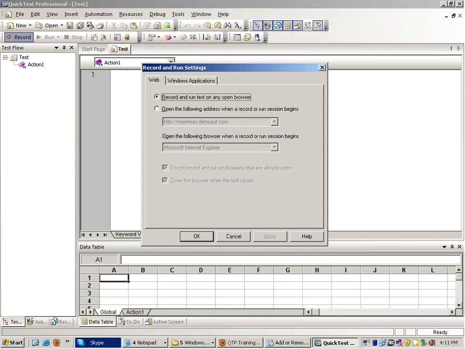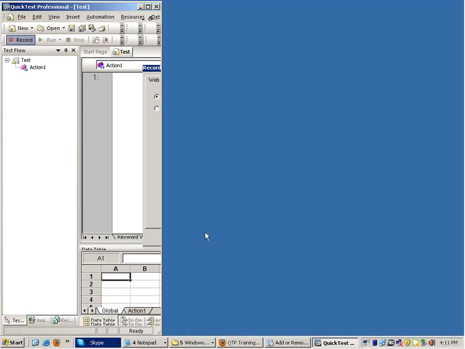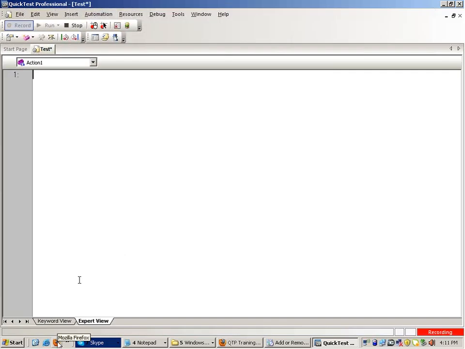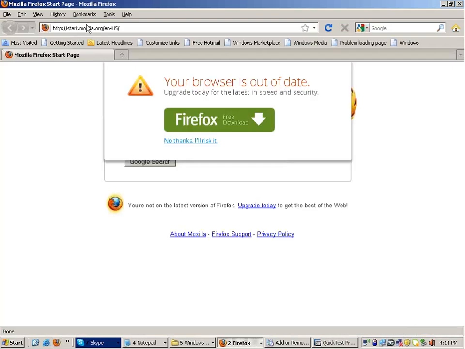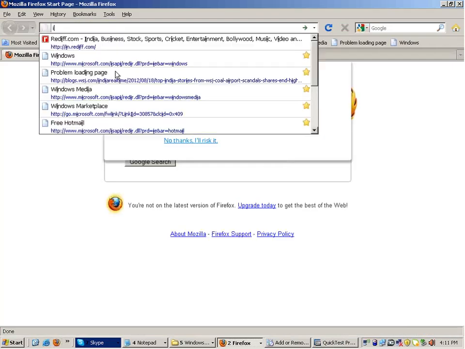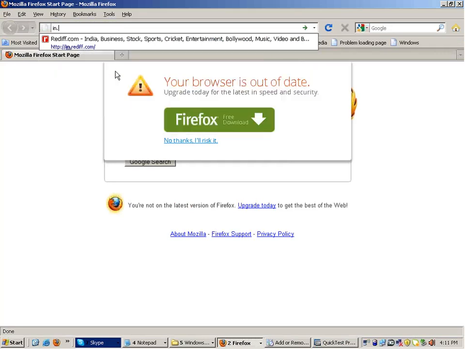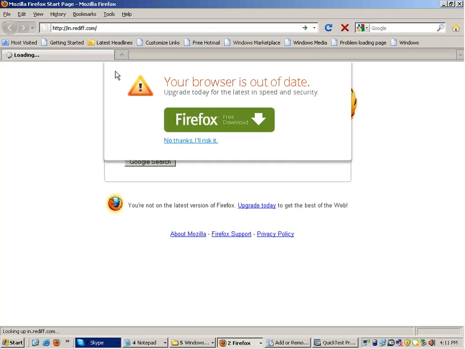For example, for the web-based applications, if I start recording, QTP will go inside the recording mode. You open up a browser. See, Firefox will open. Maybe I'll go to the website in.rediff.com.